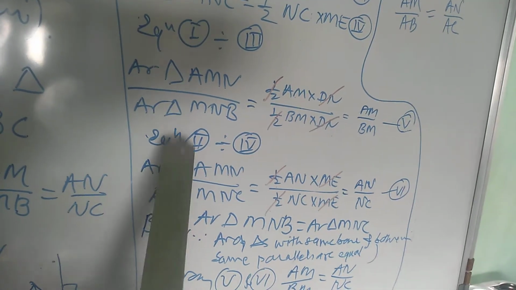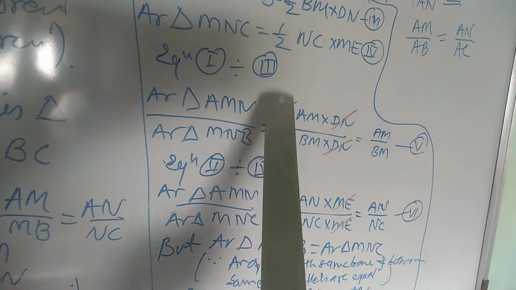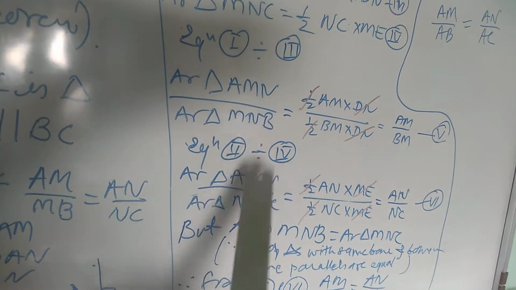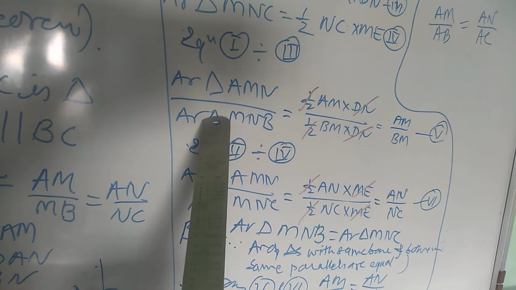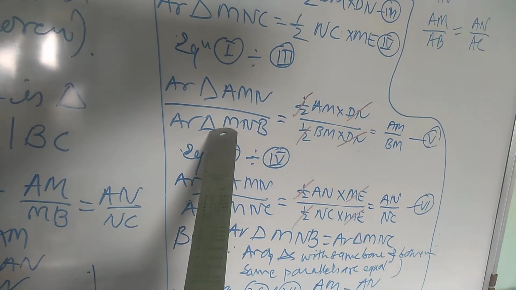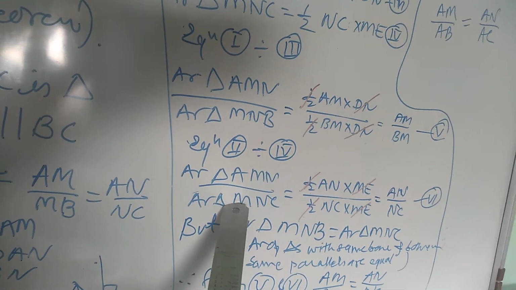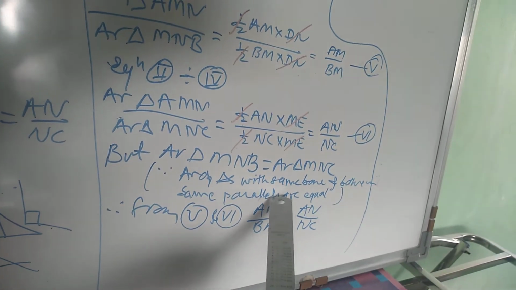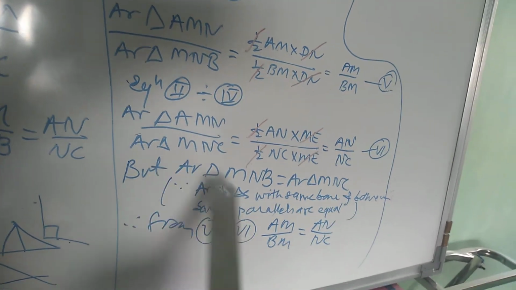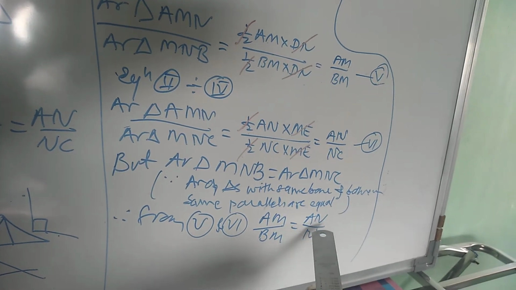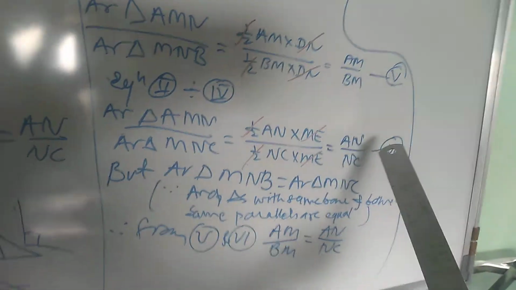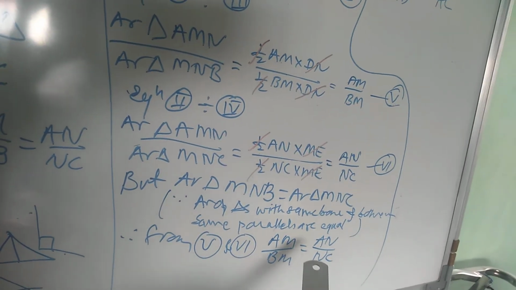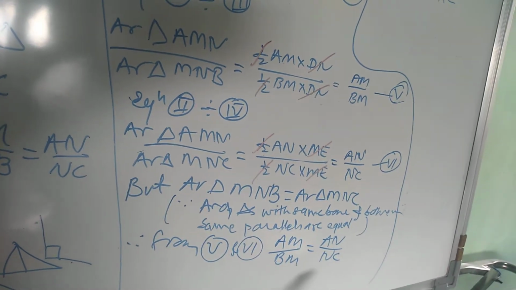Now in these two equations, if you can see, the numerators are the same but the denominators are different, but the denominators have the same value, because this is the area of the triangle MNB and this is the area of the triangle MNC. Both the triangles are on the same base and between the same parallels. It means the denominators are also the same, so we can equate the right hand sides. Okay, right hand side. So after equating the right hand sides, you will get this. It means that the sides get divided into the same ratio.